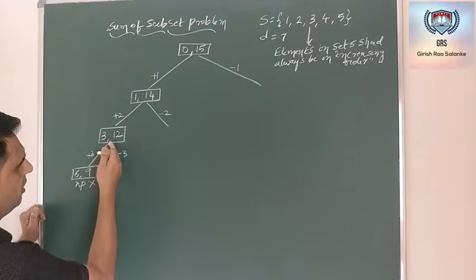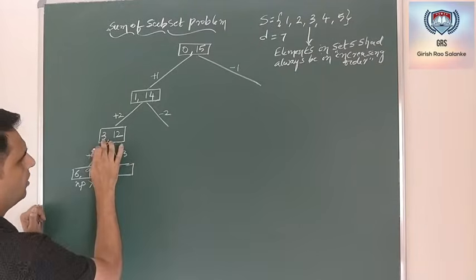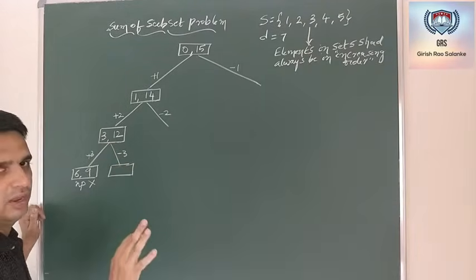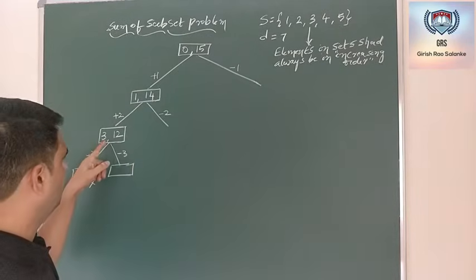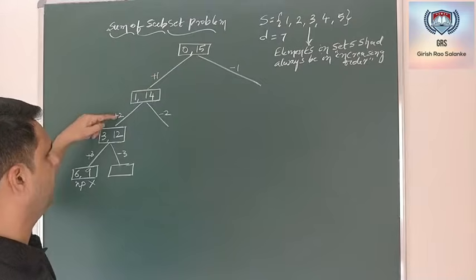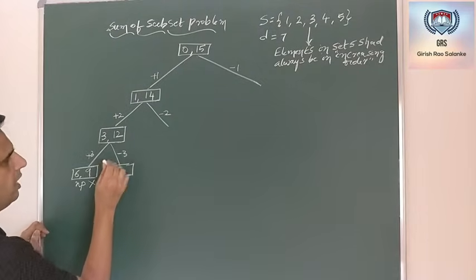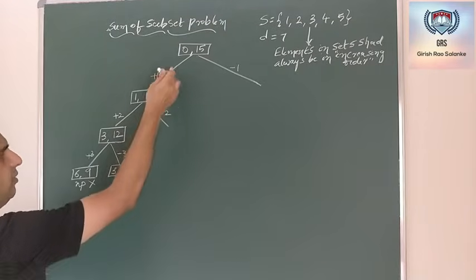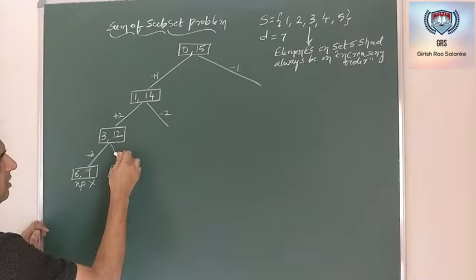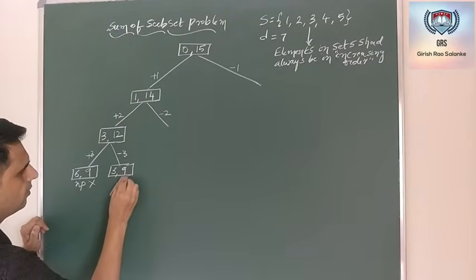Now I'll backtrack to the previous level. In the previous level it was 3. 3 minus 3 is 3 only. Note that 3 minus 3 is not 0, so it is 3. That means include the first object and the second object, and don't include the third object. So the sum will be 3 only, and the remaining sum at this level, I have to discard the weight of the 3. So 12 minus 3 is 9.